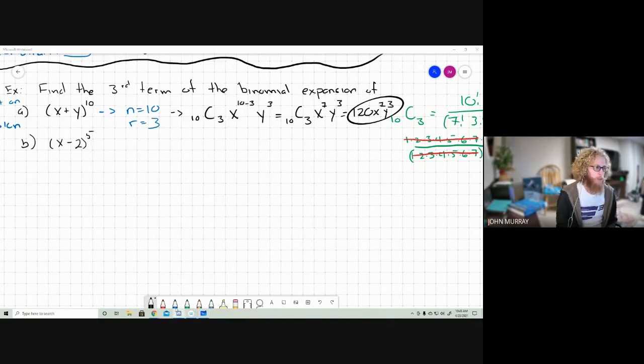All right, so again, we'll start off with, we have our n now is 5, and our r is still 3. We're still looking for the third term. So I'm going to have 5c3. I'm going to have x to the 5 minus 3. And now my second term is negative 2